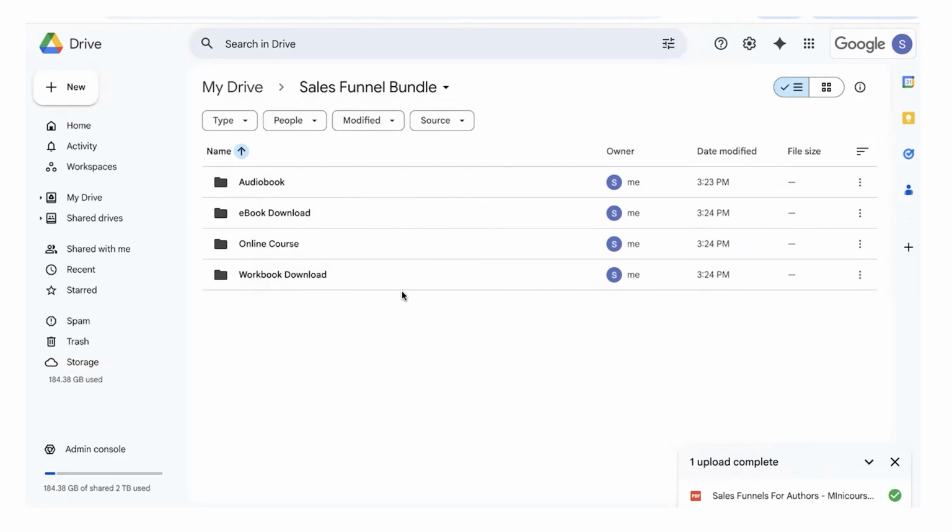And the reason why I wanted to use Google Drive is because something I love about Hostinger, you don't only have to use their delivery system, you can also use Google Drive, something that Amazon doesn't let you do. And some other platforms don't let you do that either. So I think it's so cool. So you can upload as many files as you want here and then just share this link. And that way, whenever you update the product, you can just update it right here as well.